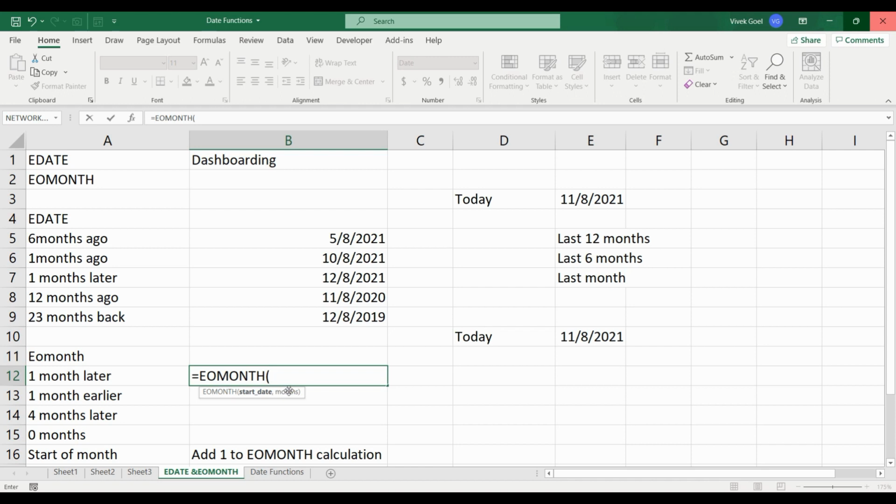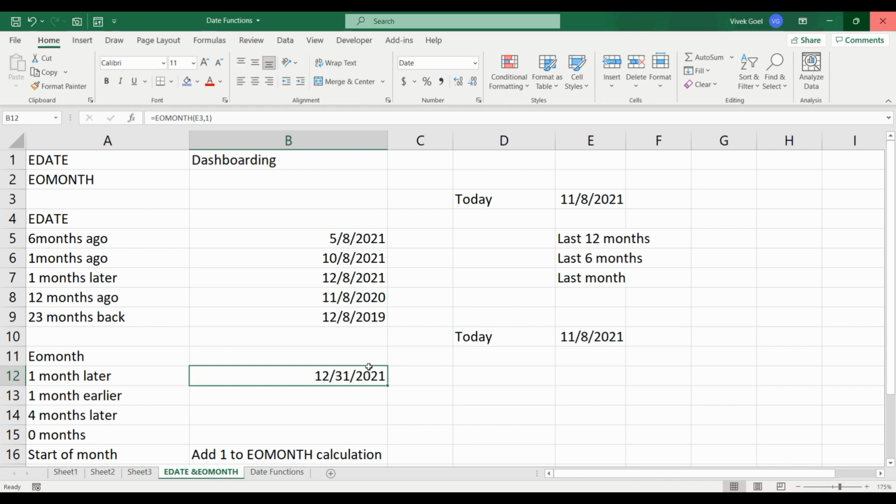If we select the date as 8th November and we specify the second parameter as 1, it will return the end of month of December 2021 because the date specified is in November 2021 and we want to add 1.